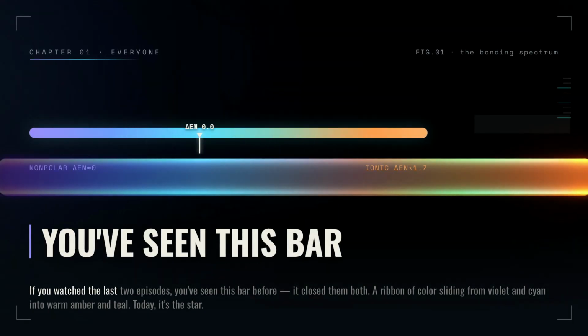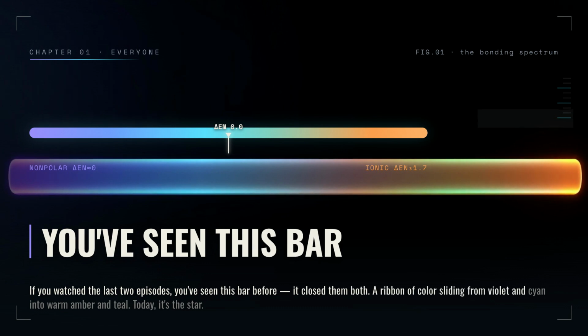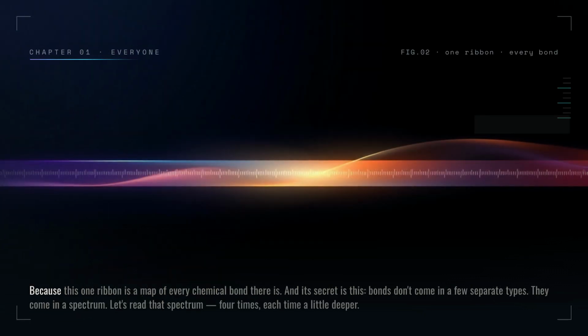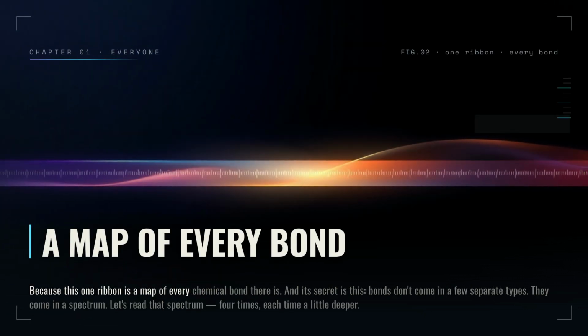If you watched the last two episodes, you've seen this bar before. It closed them both, a ribbon of color sliding from violet and cyan into warm amber and teal. Today, it's the star. Because this one ribbon is a map of every chemical bond there is, and its secret